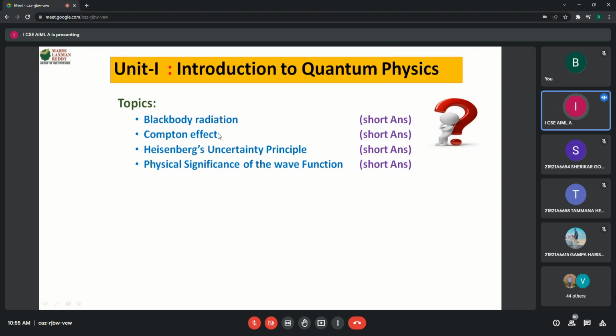Four questions have been taken as important because two come from set 1 and two from set 2, and in which combination they will come, even we don't know. These are the important short answer questions in unit 1. Remaining topics are also there, but we can expect they will not be that important. Even if they come, you should be in a position to write something about them, like Planck's law, which has never been asked, even in the semester end exam. Photoelectric effect is there, and waves and particles.